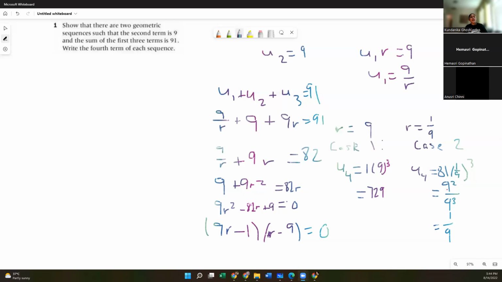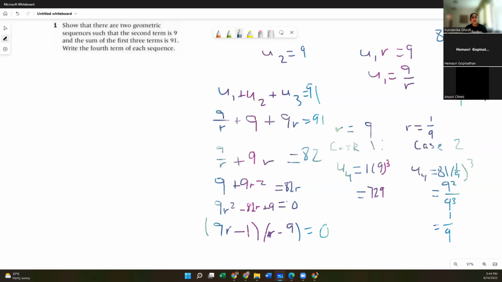Okay, so I got 9 squared over 3. Ignore what I just said. I got 9 squared over 9 cubed because, okay, 81 is what? 81 is just 9 times 9, correct? So that's just 9 squared. And then 1 over 9 to the power of 3 is 1 cubed over 9 to the power of 3, right? 1 cubed is just 1. So you have 1 over 9 to the power of 3.